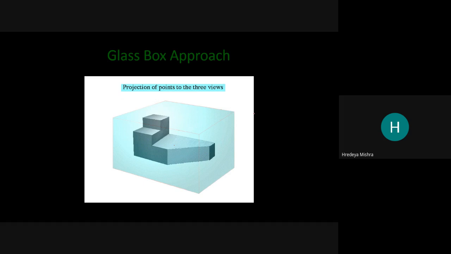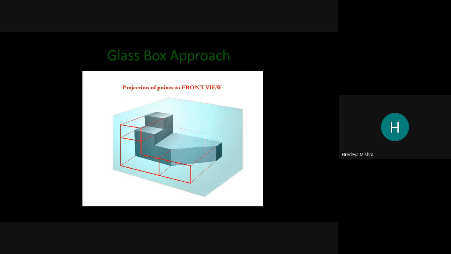Okay, so we can observe the three views from the glass box. See here, we can just touch this plane, this plane, and this plane. So we can get the projection of the object from the glass box.